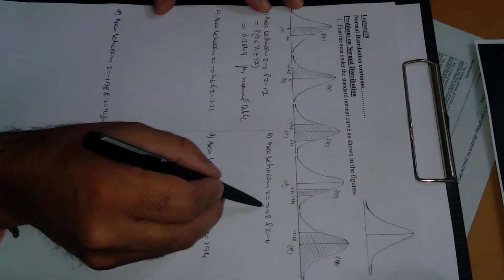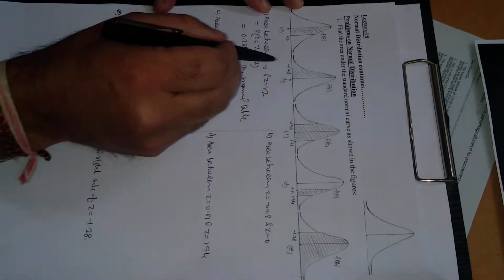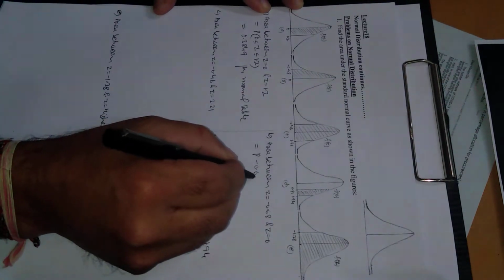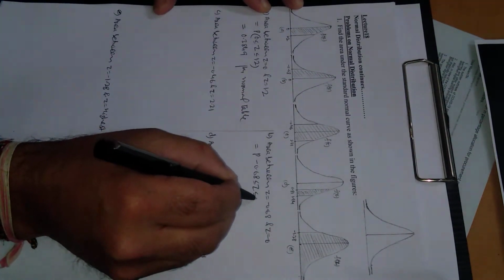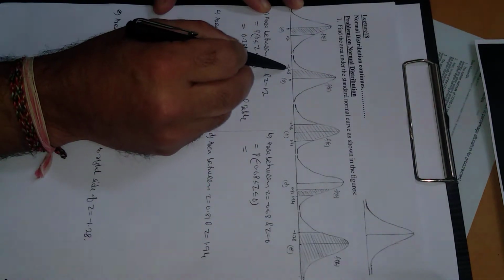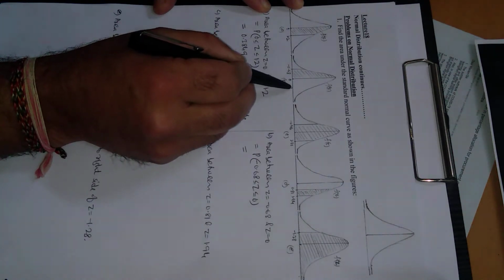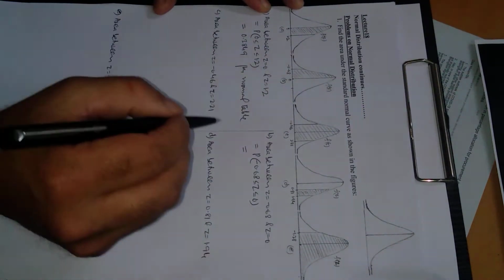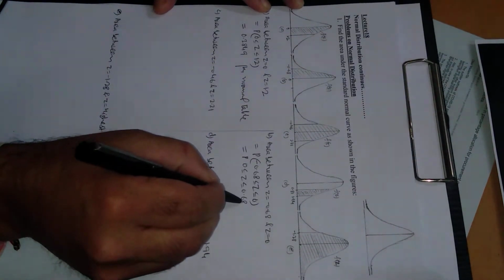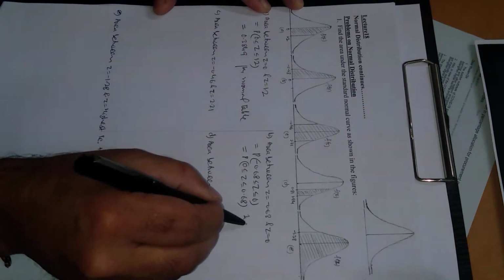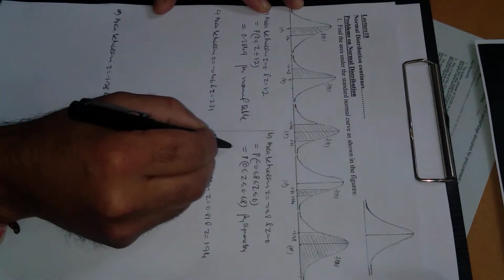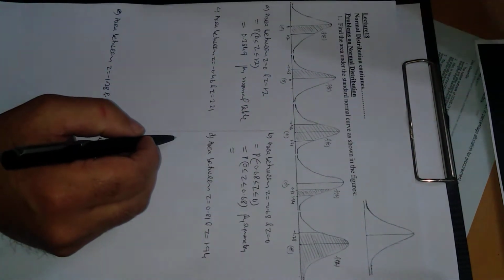Second is the area between z equal to minus 0.68 and 0. So this in probability form can be written as minus 0.68 less than z, normal variable, less than 0. By symmetry, whatever is the area between minus 0.68 and 0, that will also be between 0 and 0.68. So by symmetry this can be written as 0 less than z less than 0.68.